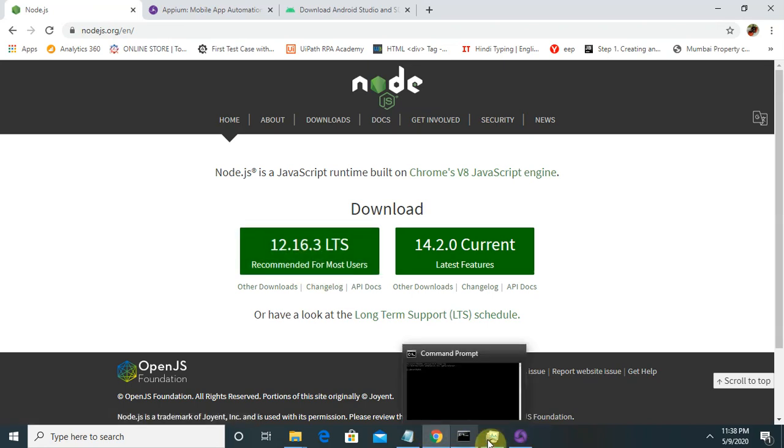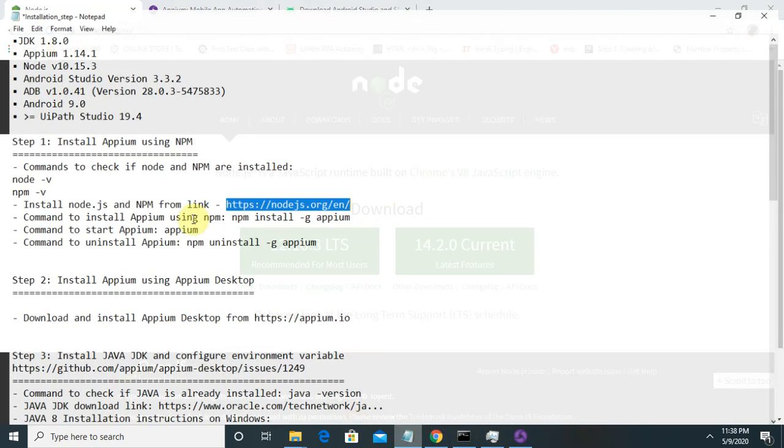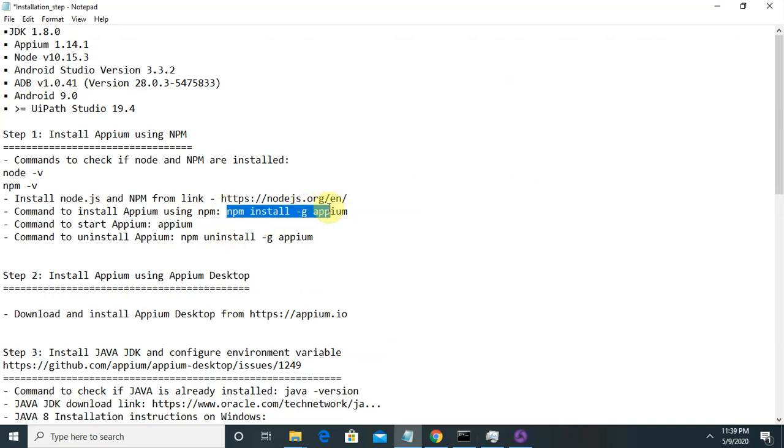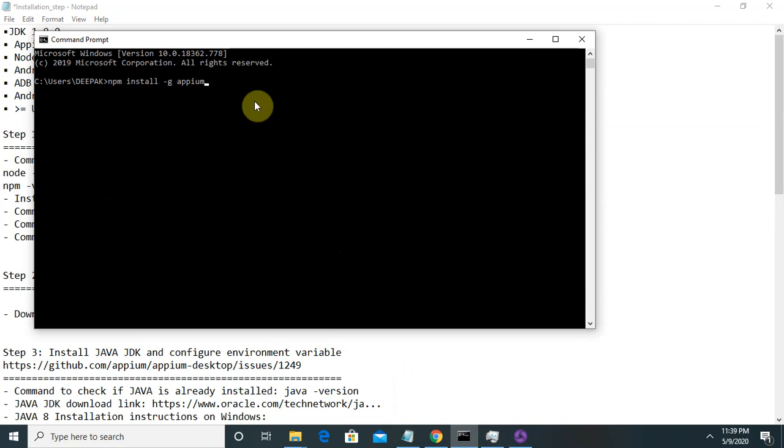You can also do that by using a command. Here I will mention the command: npm install -g appium. Once you copy and paste it in your CMD, it will start downloading and installing for you. As you can see, I have entered it. It will change the name to npm and install. In my system it's already installed, so it will not update any packages, because the packages are the same as I have already installed.